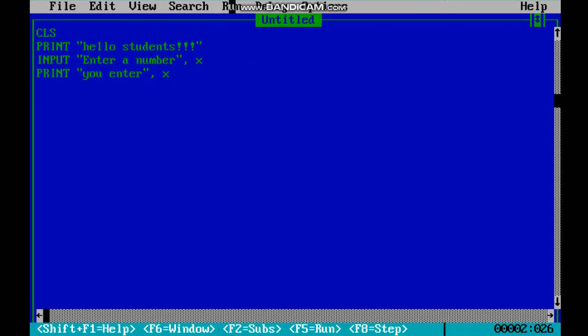Then I am going to run this with the help of Shift plus F5. Now you can see the output, hello students. The first line is hello students and then the second line is enter a number, and it is waiting for an input. Now I am going to put here 23.